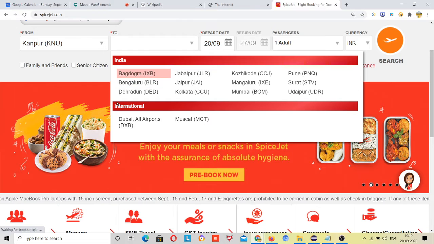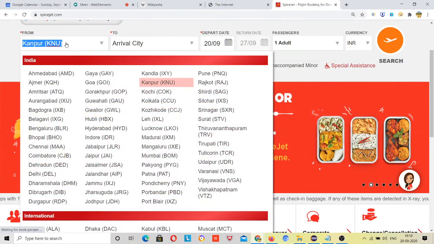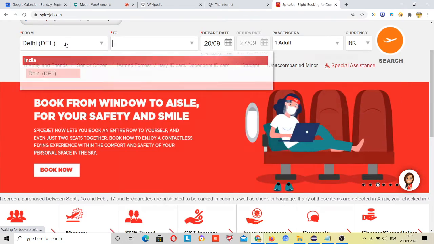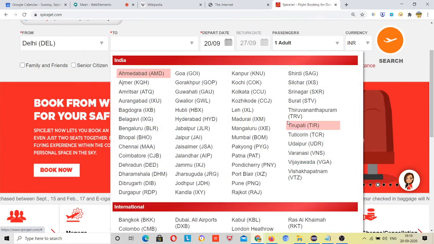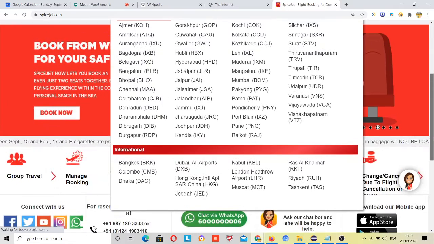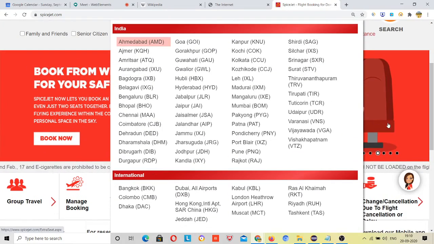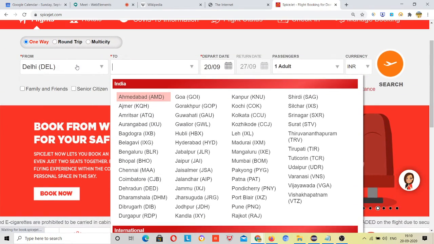Some 10 to 12 flights. Suppose I type Delhi, then from Delhi this number of flights are present, right? You can go international also, but from Kanpur